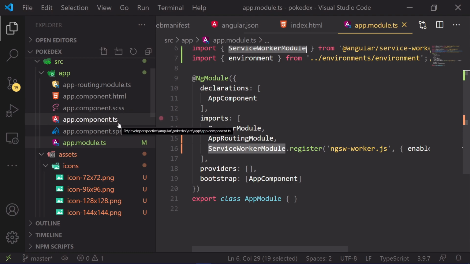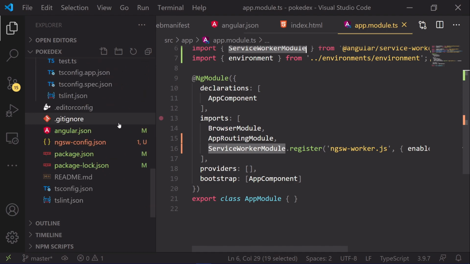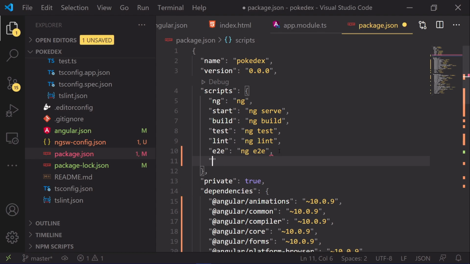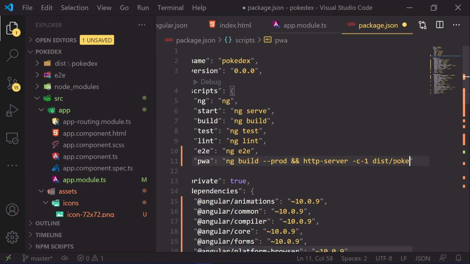Throughout this session, we'd have to do that a lot of times, so I'll add a new script so that it happens through a single command. I'll add pwa, and the thing we need to execute first is ng build --prod, followed by http-server -c-1, that is no caching, followed by the folder name, which is dist/pokedex.